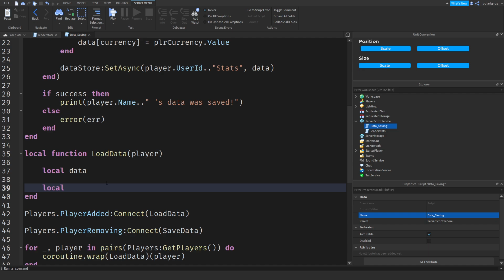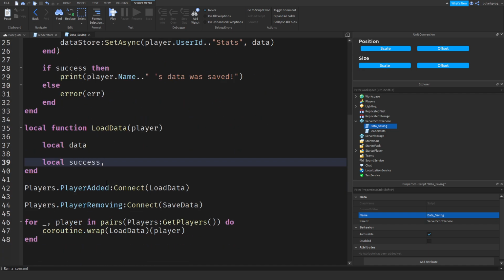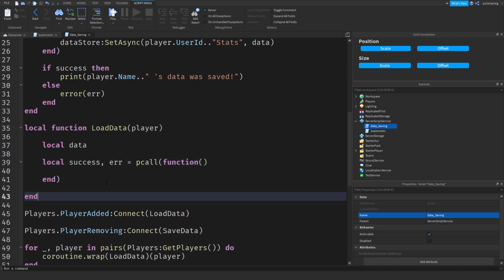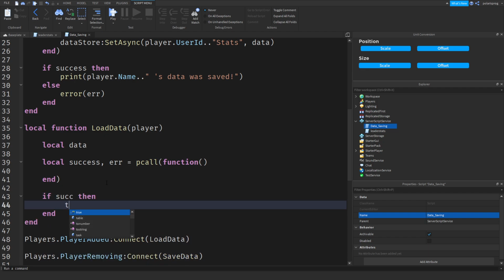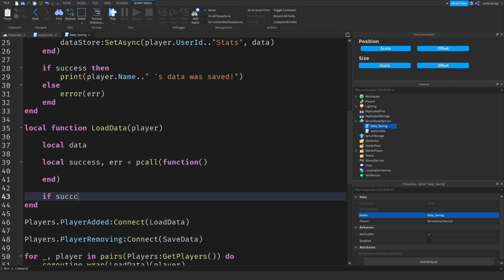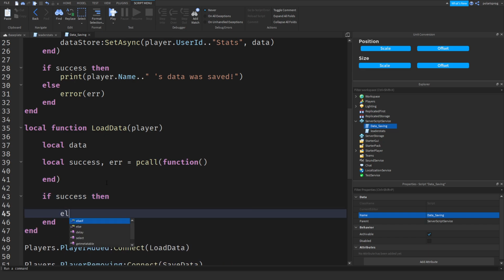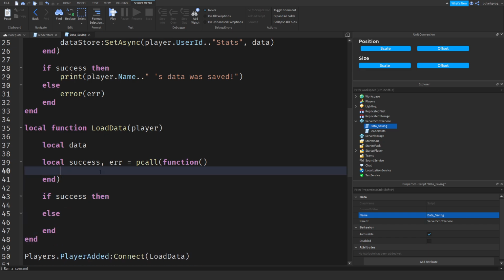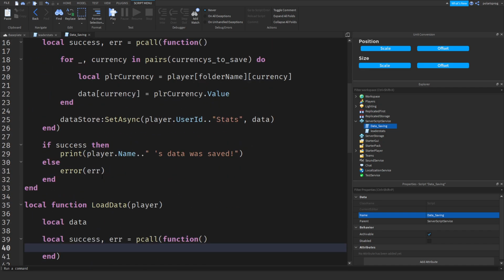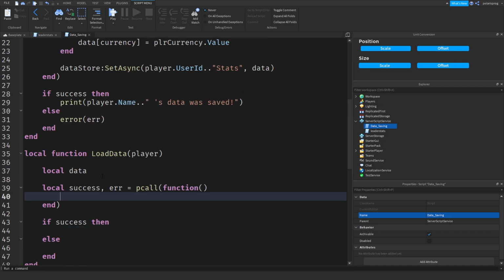We'll do the same thing here. So local success, comma error is equal to pcall function. And after doing that, in here again, if success, then else, and again we're gonna keep that empty right now. And what we'll be doing is, alright, so local saved data, and we're gonna set that to